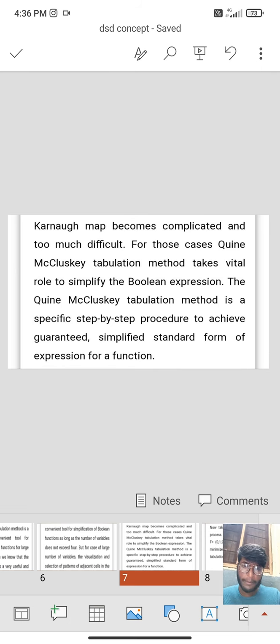For those cases, the Quine-McCluskey tabulation method takes a vital role to simplify the Boolean expression. It is a specified step-by-step procedure to achieve a guaranteed simplified standard form of expression for a function.